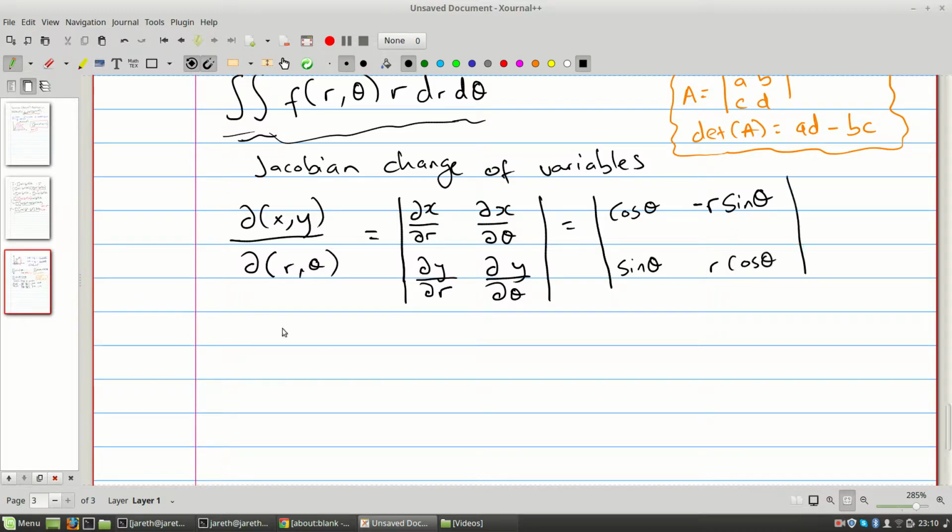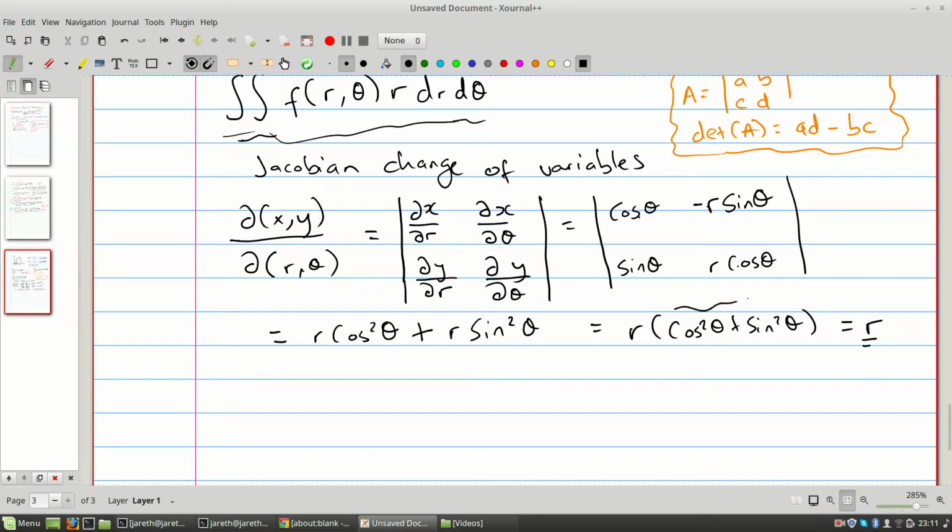So essentially what we're calculating is this times this, which gives r cos squared theta, minus this times this, which gives plus r sine squared theta, which is r times cos squared theta plus sine squared theta,